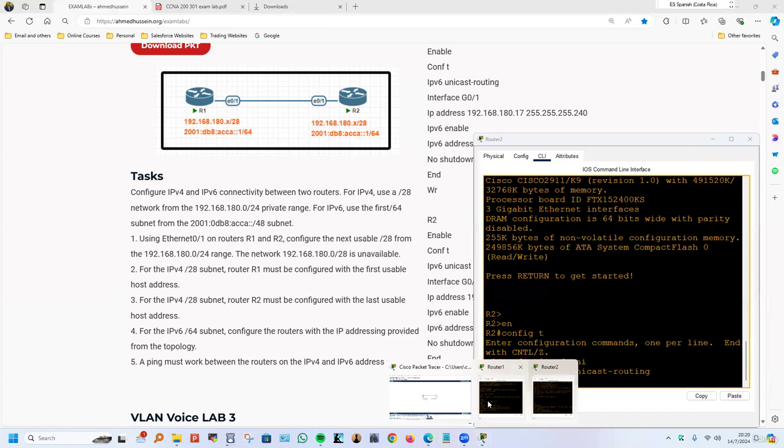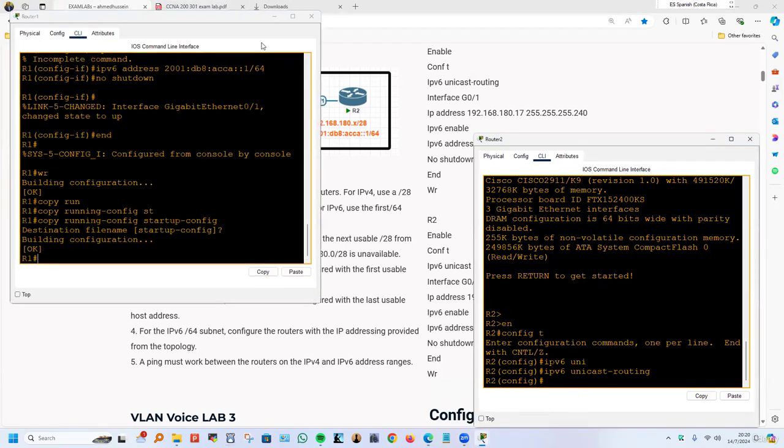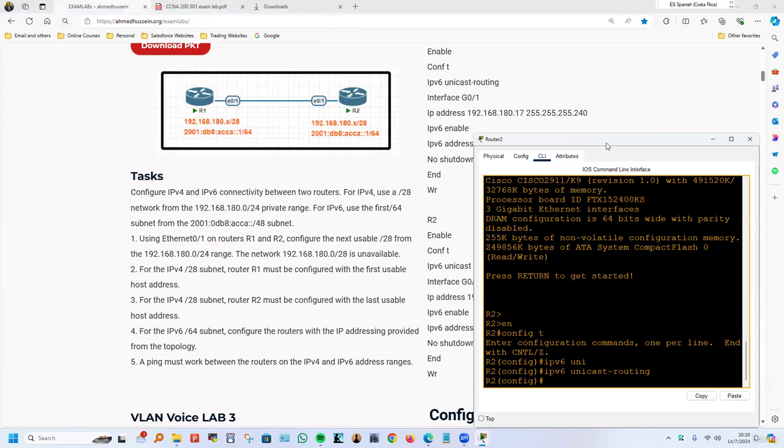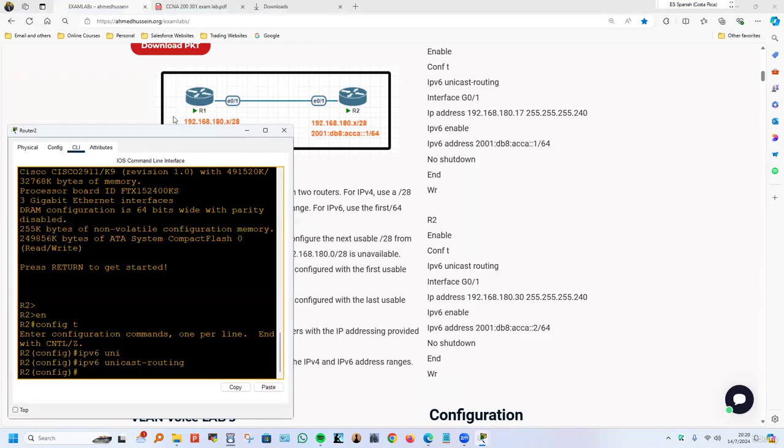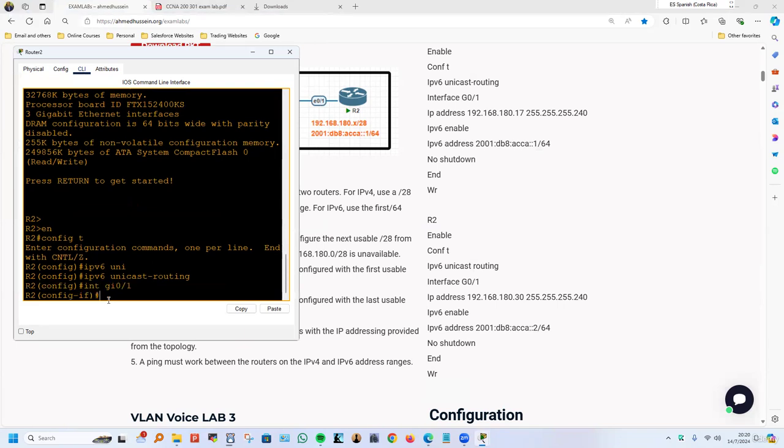We are finished with the first step, which is configuring, in fact, router 1. So let's just minimize router 1 for now. Let's go ahead and move the screen here so we can have a better view. And let's start working along to complete all the configurations in router 2. Interface gigabit 0/1. Okay, we have the IPv6 unicast routing previously configured. It's very important in order for IPv6 to work correctly. This command is essential. Okay, after gigabit 0/1, we have to do IP address